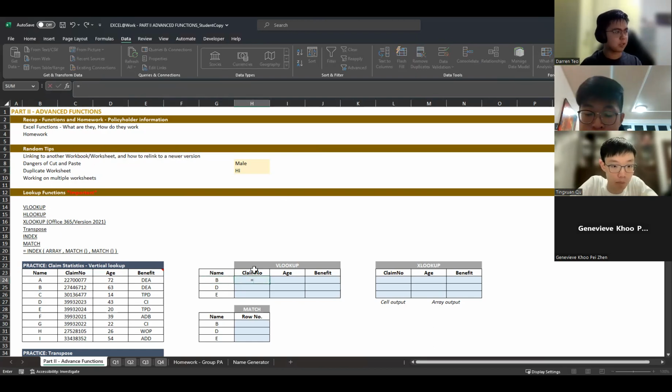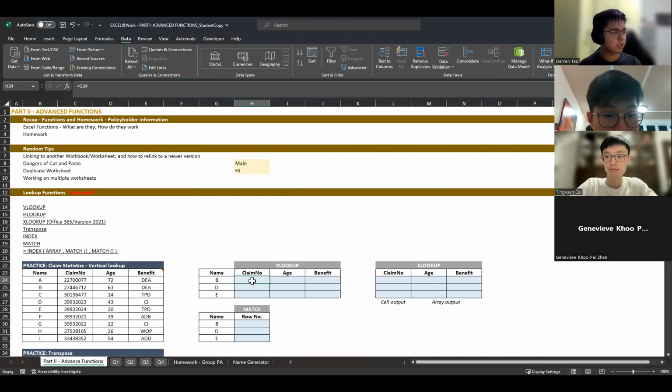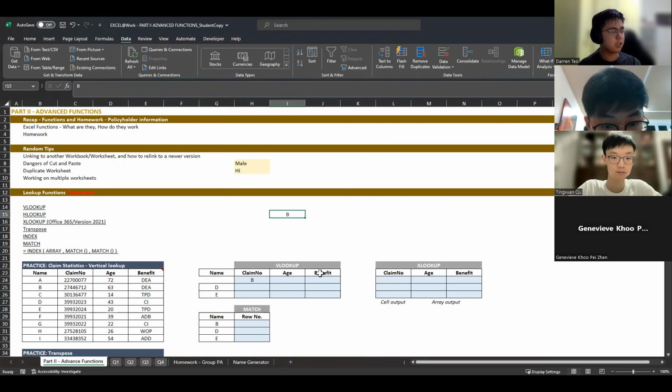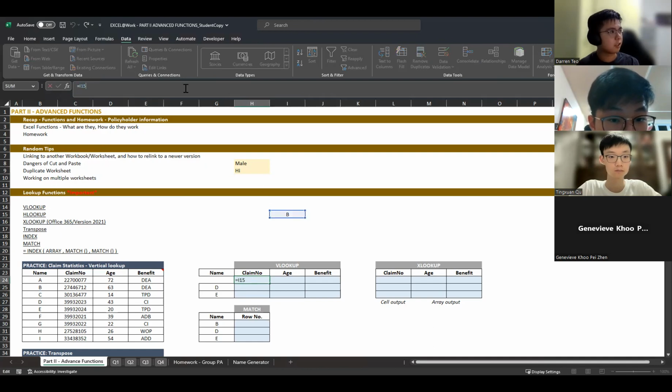Let's say I reference this cell over here. I reference this cell to G24, which is this cell over here. So let's say now I want to cut this, and I cut and then paste it somewhere over here. Notice that this is still linked to this particular cell. You see, now this has jumped to I15, instead of G24.